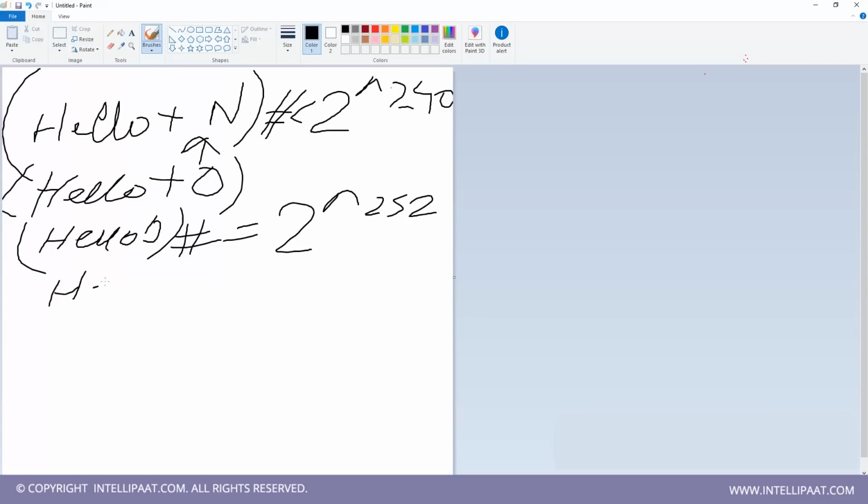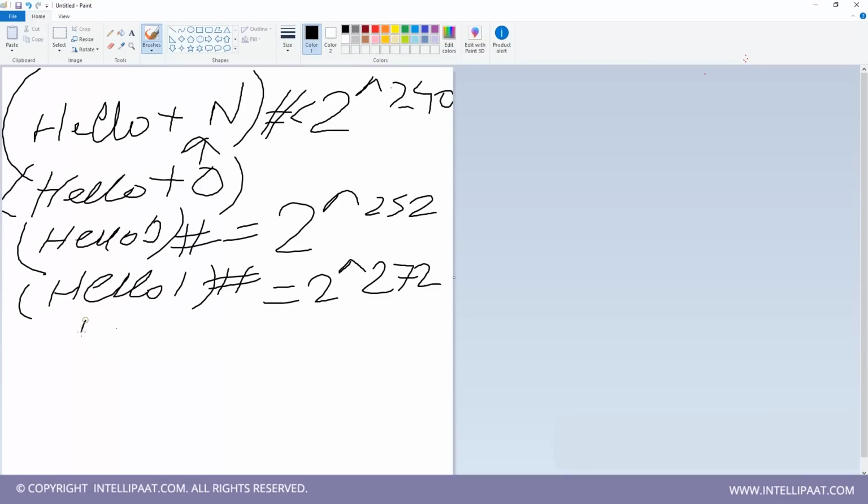So now the node will try the value 1 of n. They hash it, and that may become maybe 2 to the power 272 or so. This is again not true. We need a value less than 2 to the power 240. Suppose it goes on now,